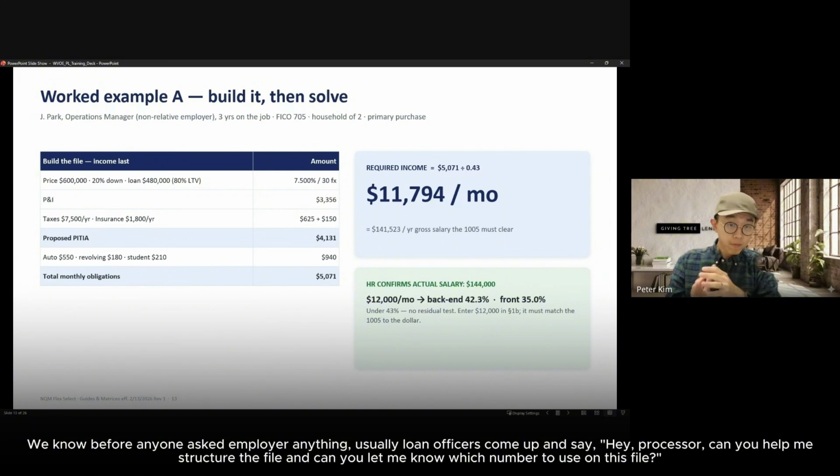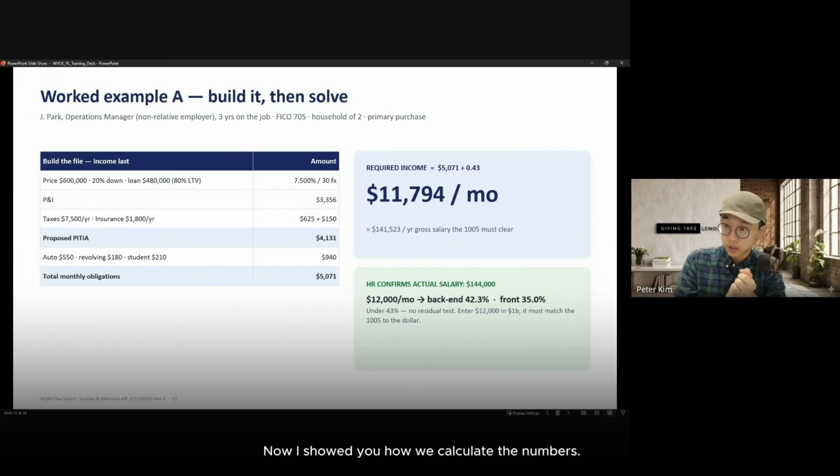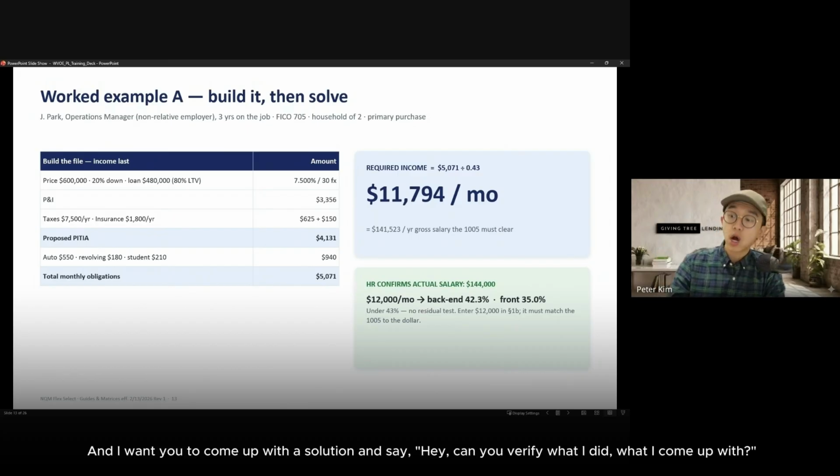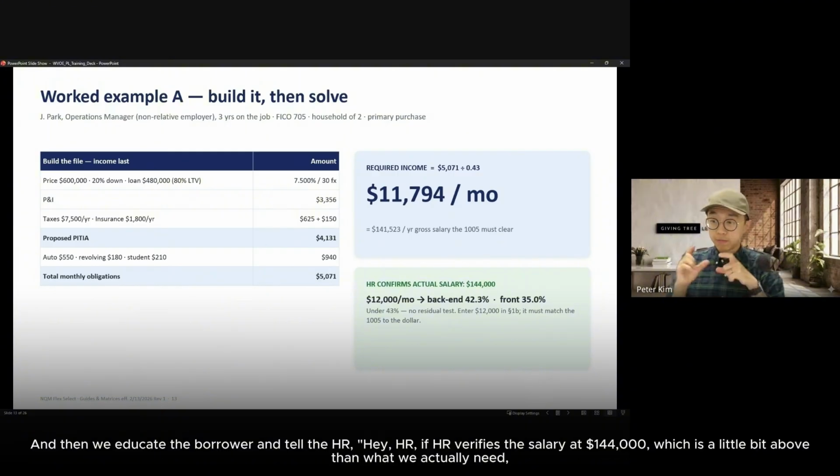We know before anyone asked the employer anything, usually loan officers come up and say, hey, processor, can you help me structure the file? And can you let me know which number to use on this file? Now I showed you how we calculate the numbers. So I want you to give it a try. And I want you to come up with a solution and say, hey, can you verify what I came up with? And then we educate the borrower and tell the HR,